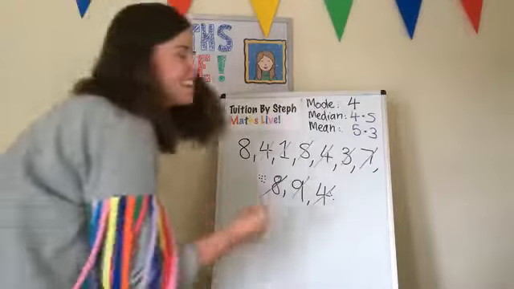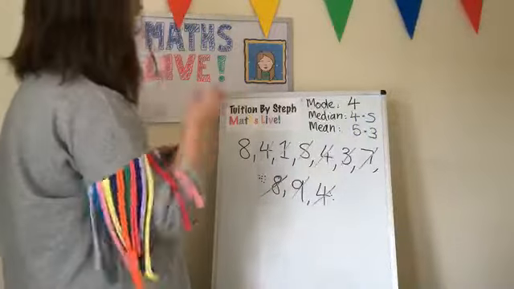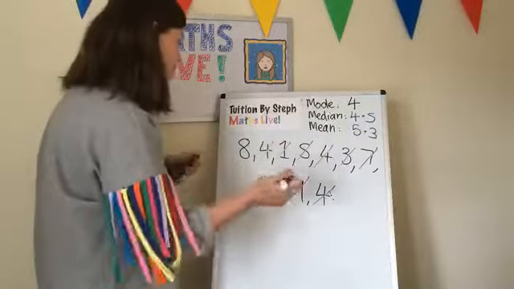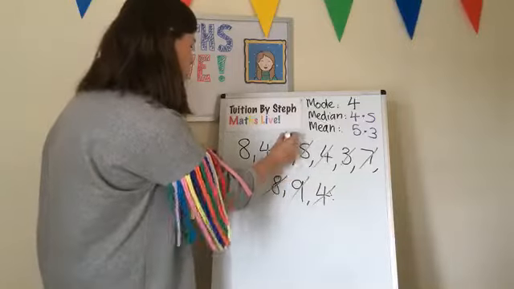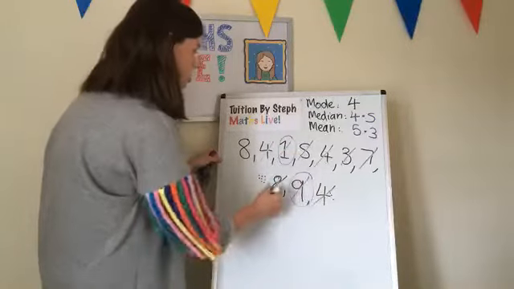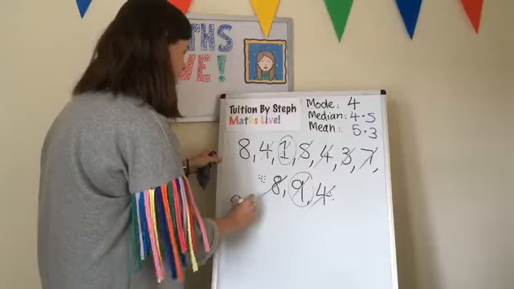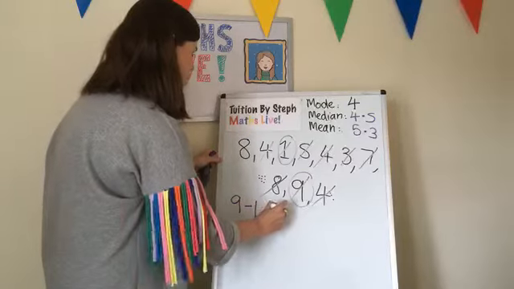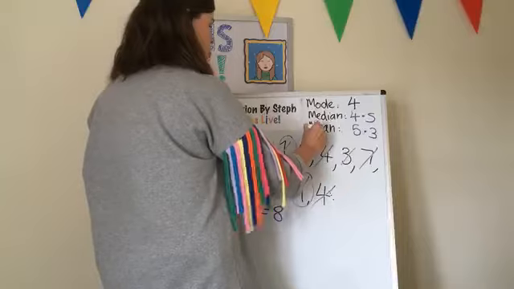5.3, yes, thank you. Some of you have already done the range, which is amazing. Right, range again, that's quite similar. 1 is my smallest number and 9 is my biggest number again. So it's 9, take away 1, which is 8. So the range